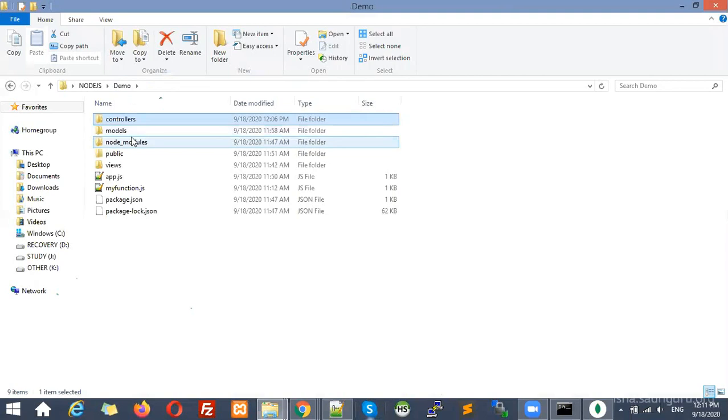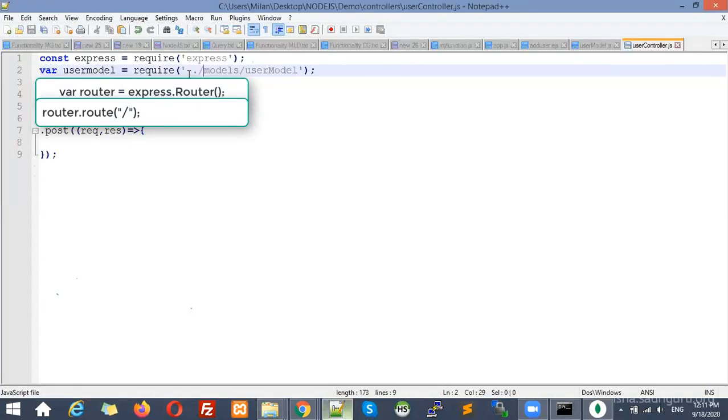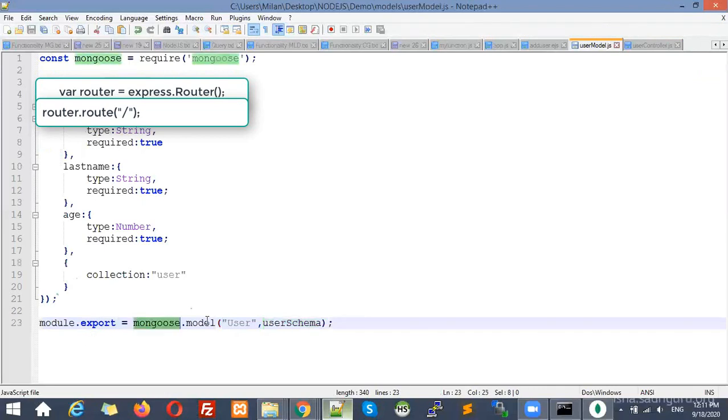So that's why we have written dot dot, and then after that we will find the models folder, then after that we will find the user model. So I am going to mention dot dot, that means back directory, models, user model. Right? So now that user model will be referring to this one.